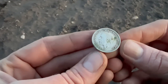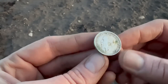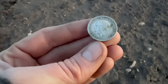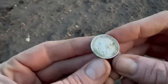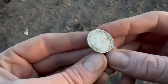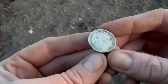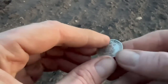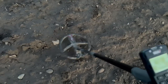And George V is our most frequently found coin. And part of the reason for that is because during his rule, which was from about 1910 to 1936, we were sort of through the First World War and into the beginnings of what looked like the Second World War about to start, and agriculture in this part seems to have ramped up massively. So lots more people in the fields and lots more coins being lost. Brilliant, always good to get silver, and I love getting one of these shillings. Excellent. That's where the silver came from, and right here we've got